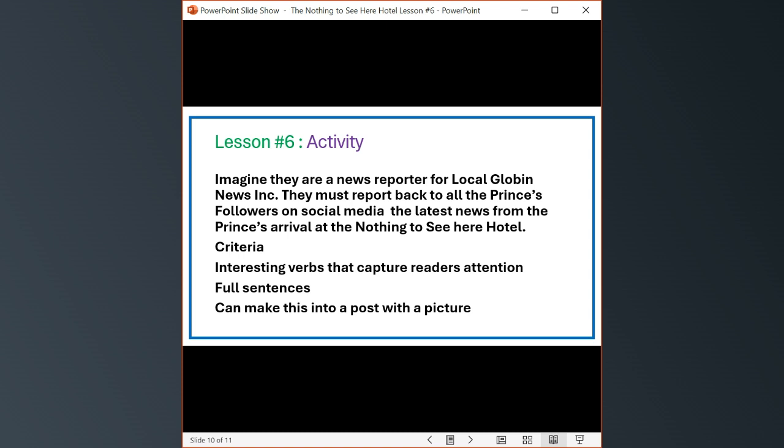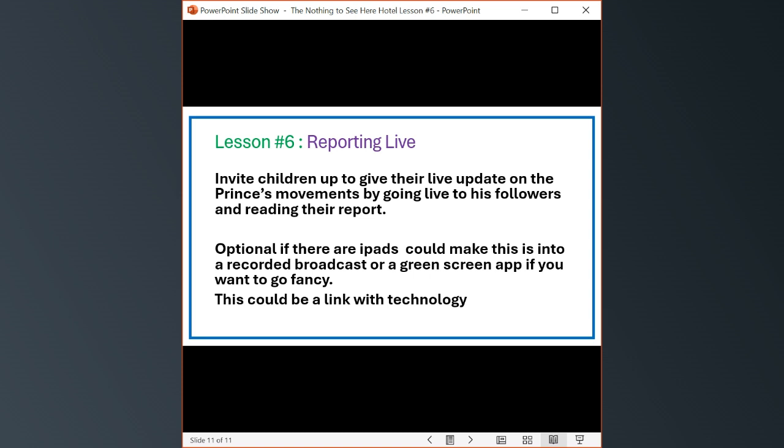been my experience with that sometimes. But yeah, and then as a way to share it with the class, they can pretend they're doing a news report